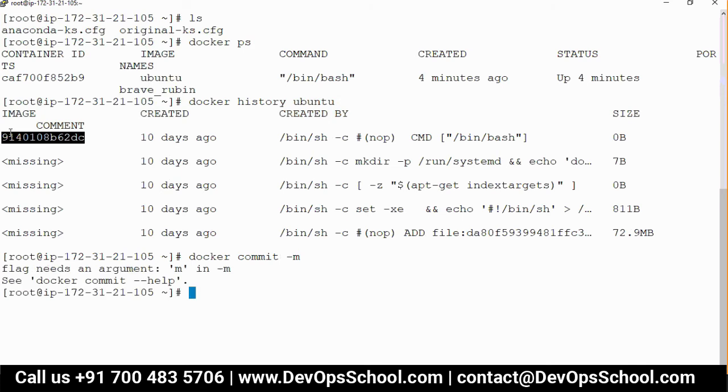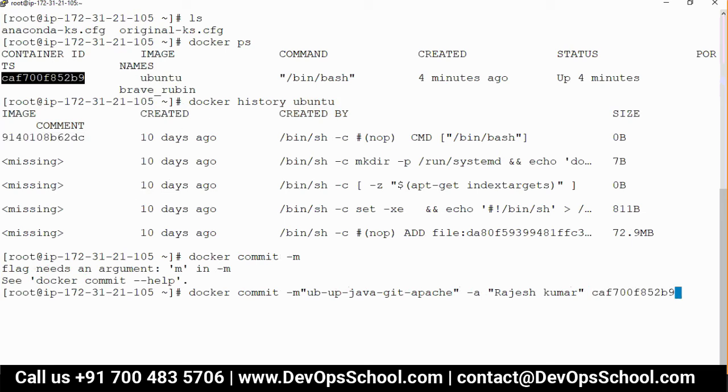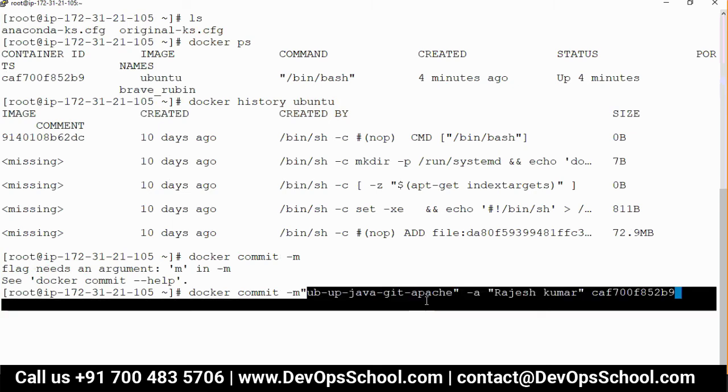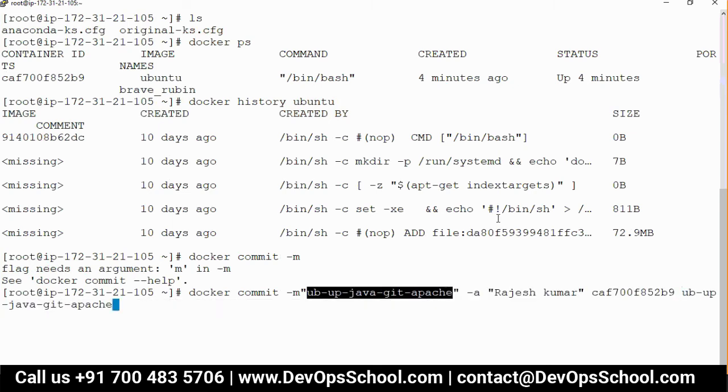I want to commit for Ubuntu upgrade, Java, Git, Apache, just for reference. Who are you, author? Rajesh Kumar. Which container are you committing? I'm committing this container. But what name do you want to give it? Image name. This name.